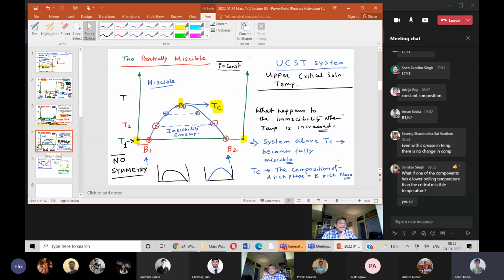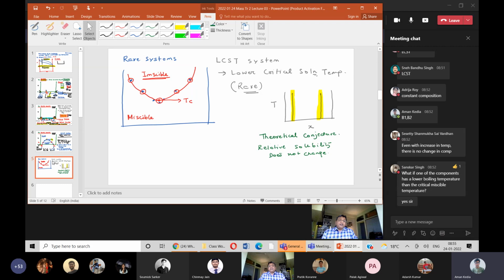But a system on its own does not show miscibility. A pure component does not show miscibility. Miscibility is shown only in presence of another liquid, when the question of mixing comes, right? And therefore, when you have two components, they will either form an LCST system. That's what mankind knows. They will either form an LCST system or an UCST system. Is it clear? We are already talking about a theoretical conjecture here. I can draw another graph to demonstrate another theoretical conjecture, but there is no point in discussing all those because those are not realizable.